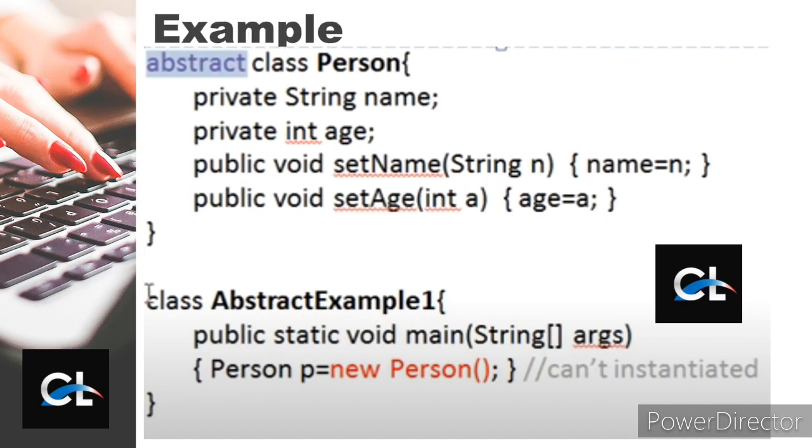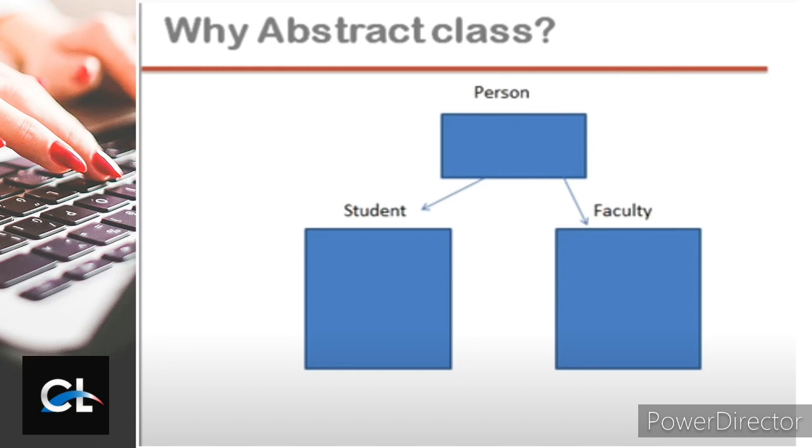Because suppose I consider this one as a module. Module means if I want to create a school management software. Two things are important here, which is student and faculty in a school management system.